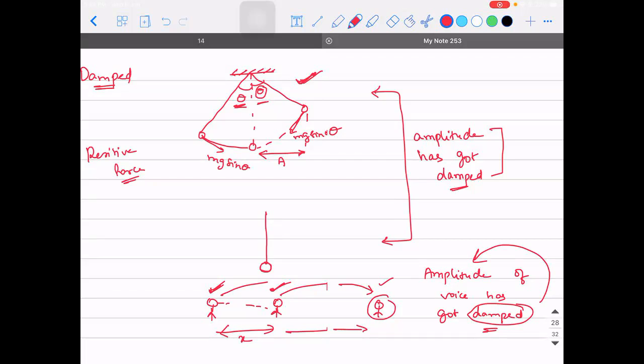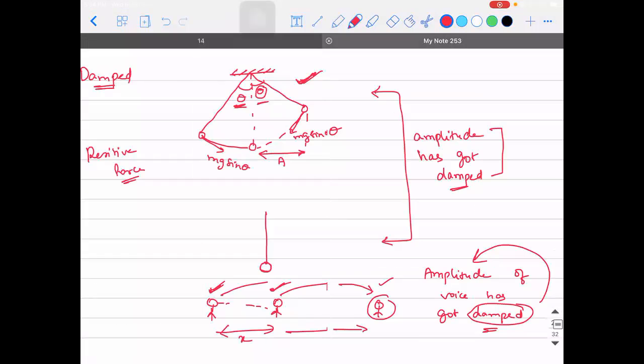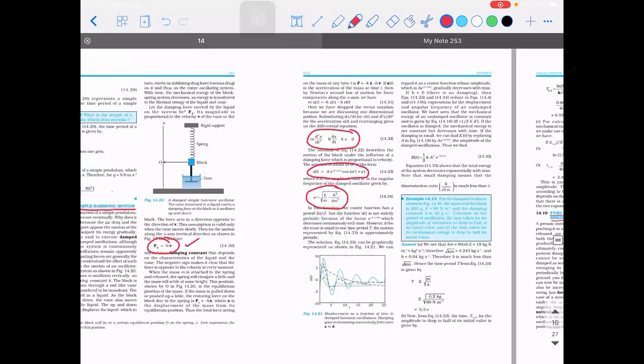Okay, sir. I understood. Thank you, sir. Since it is given in this chapter, I'm just trying to explain with the context of oscillation. But damping can be anywhere. For example, we use communication systems. Why do we use a mobile phone to speak to a person from here to somewhere else? Because your voice obviously can't travel. If you want to speak to someone in the next state, you have to either shout, or even if you shout, your voice will not reach, right? Because there is something called damping happening. So the major application of damping will actually take place in communication systems.